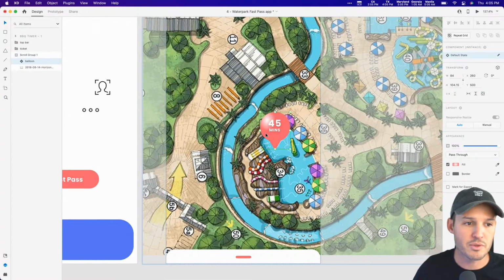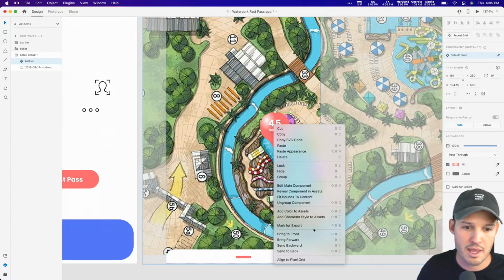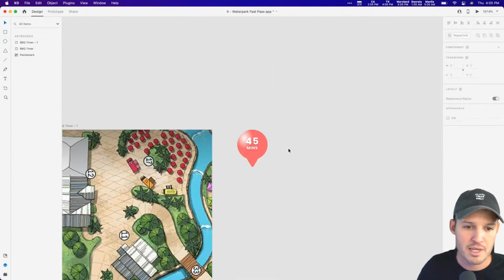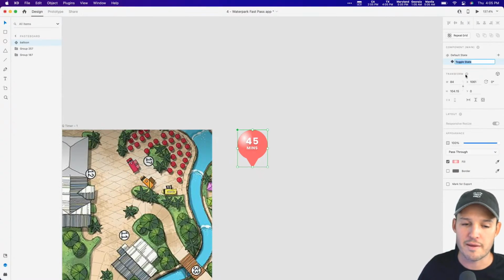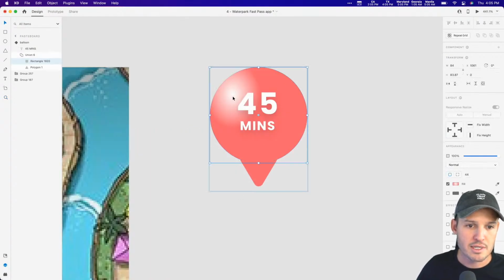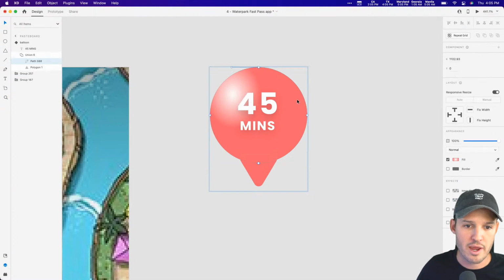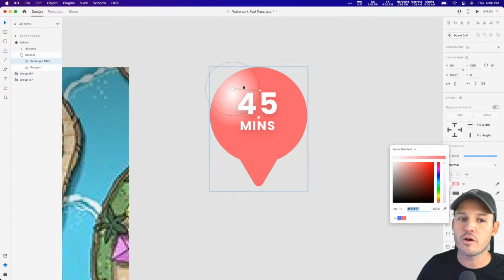or excuse me, some little toggle state to our, let's see, this is an instance. So we want to right click and edit the main component. Let's create another state, our toggle state here. That's right. Okay. So with our toggle state, what do we want to do? How about we just come in here? I'm going to grab one of the shapes that's inside, for instance there. I'm going to grab our actual shine, and I'll move the shine up to the top of the